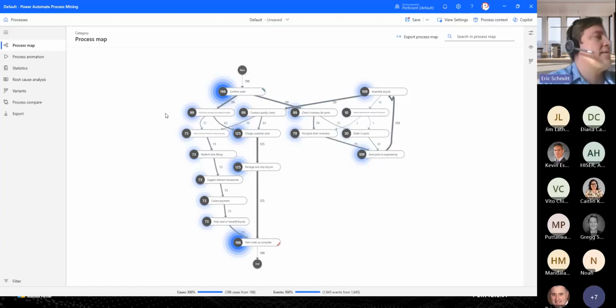This is something that is done by the tool. And you see here that the process starts with an order confirmation, and it looks like we're ordering a bicycle. So we're confirming an order for the bicycle. We're checking our inventory for parts, or we may pull from already assembled models. If it needs to be assembled,